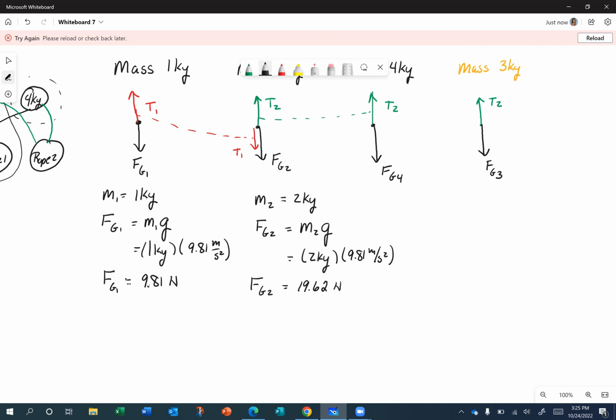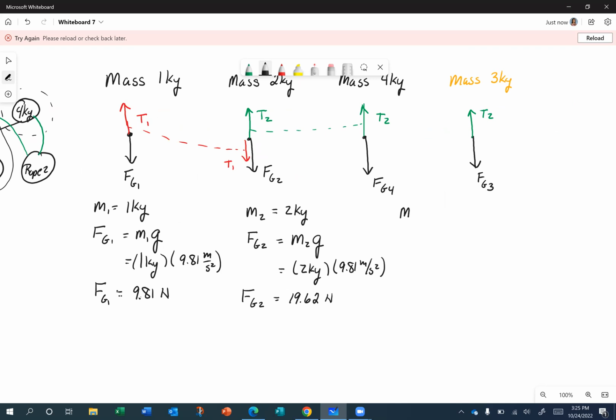We know that mass 4 is equal to 4 kilograms. The force of gravity of mass 4 is equal to mass 4 times g. That's equal to 4 kilograms times 9.81 meters per second squared. This is a force, so we get units of kilogram meter per second squared, which is a newton. So we get